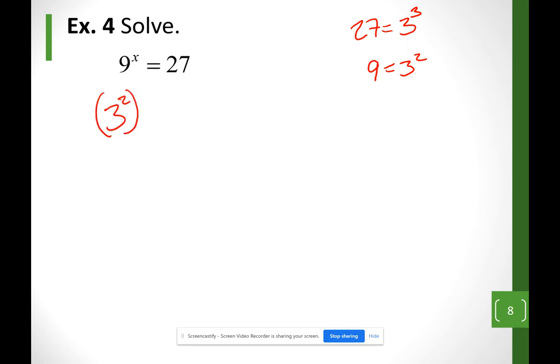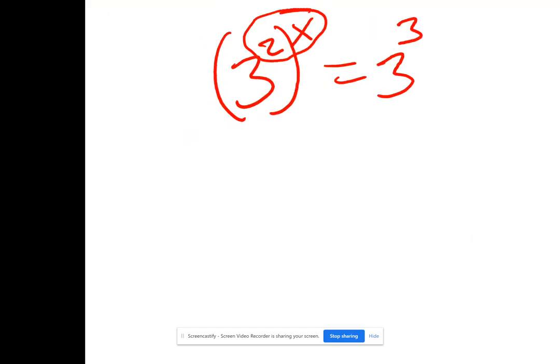That's just my 9, 3 to the second. I'm going to put the x on the outside equals 3 to the third. All I wanted was the same base. I know when I have parentheses, I must multiply my two exponents. So I have that 3